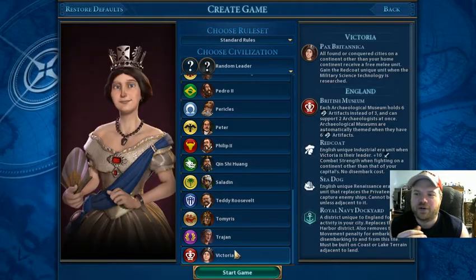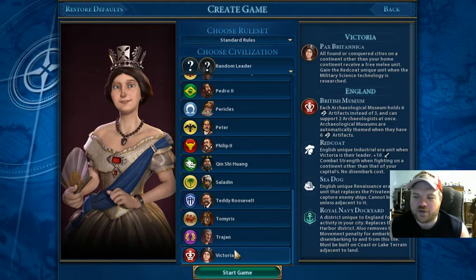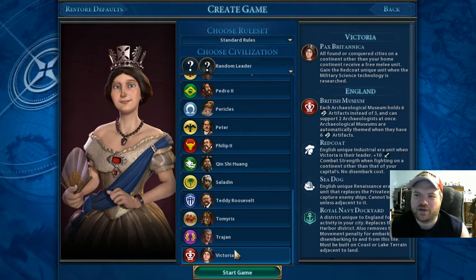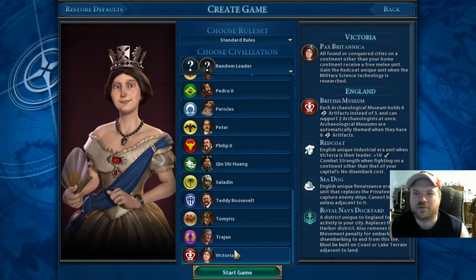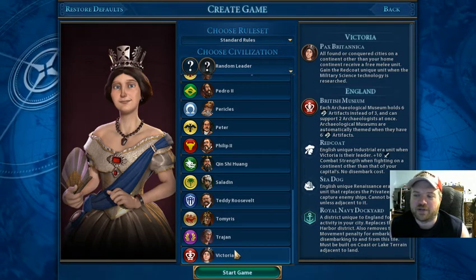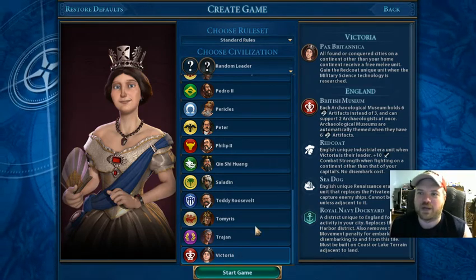They get pretty good bonuses to their navies. They get the Royal Navy Dockyard also. They get the Sea Dog, which is pretty nice, though you only get it for a small portion of the game to take advantage of it. The Redcoats are really nice. They're pretty tough. The other thing I like about England that works really well, especially with the naval type game, let me get back to them, is